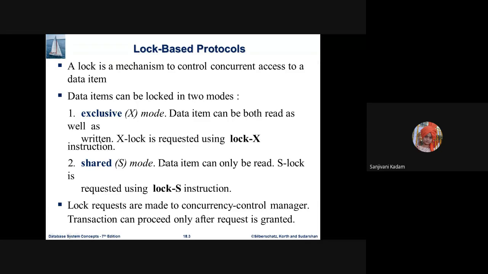Now, if all the transactions want to perform read operation, there is no change in the data. So it means simultaneously multiple transactions can be allowed to perform the read. We know that there are two operations we always do on a database, that is read X and write X. Reading means that we are reading a data item from a database, which will create a local copy in main memory, that is primary memory. And whenever we perform the write X operation, that local copy will be written back to a database.